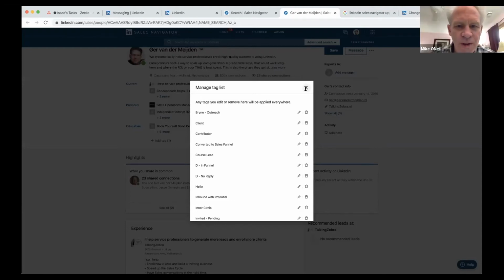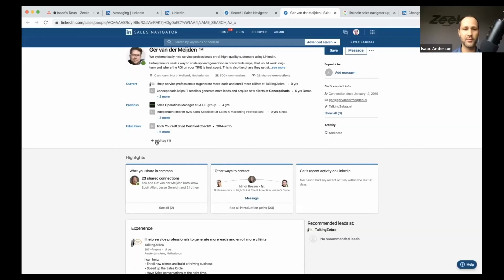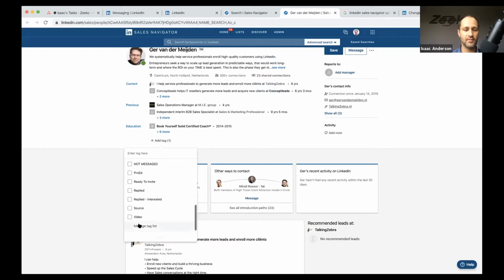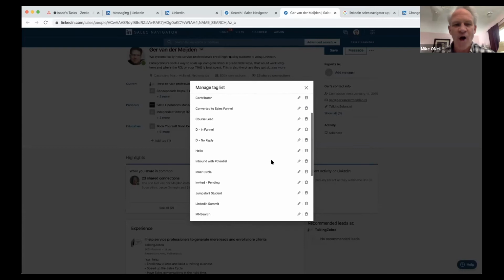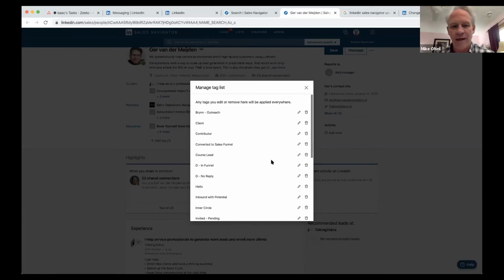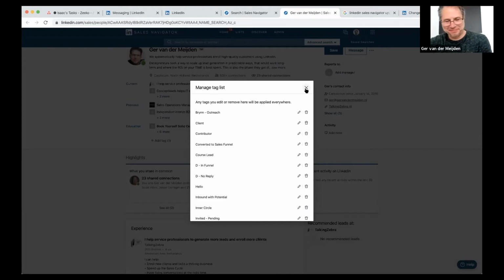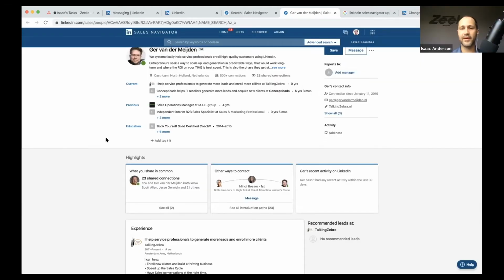Isaac, can you hold your screen right there for a moment? With the list, I put a dash or a star or something at the beginning, and then those current tags float to the top. And when they're not current, I let them go alphabetical down below. It's a little trick, so you don't have to scroll everything down each time. That's a really good idea. That's a great idea, Mike.